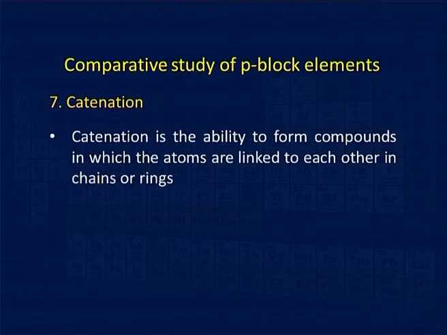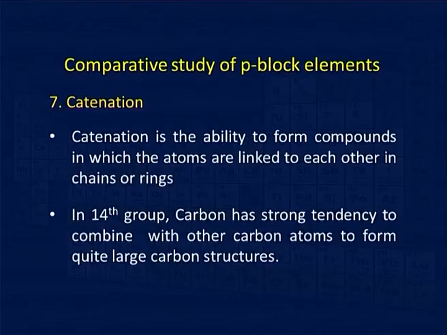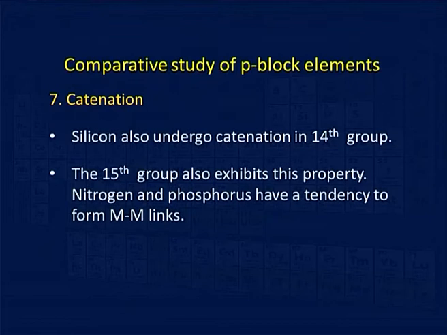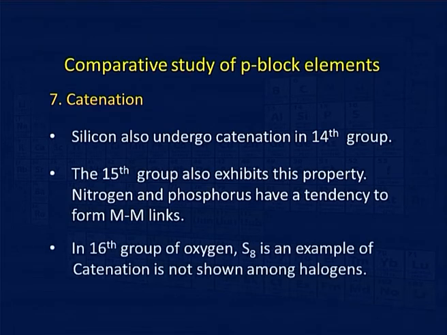This is catenation. Catenation is the ability to form compounds in which the atoms are linked to each other in chains or rings. The 14th group is very rich in this aspect of catenation. Carbon has a very strong tendency to combine with other carbon atoms to form quite large carbon structures. Silicon also undergoes catenation in the 14th group. The 15th group also exhibits the property of catenation. Nitrogen and phosphorus have a tendency to form such links. In the 16th group, oxygen and S8, sulfur, are examples of catenation, but the halogens do not show